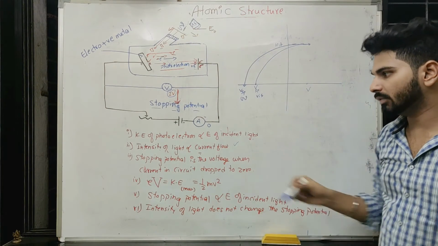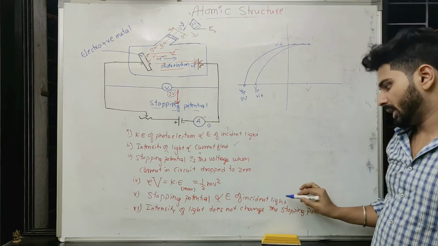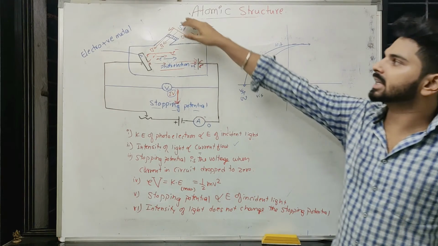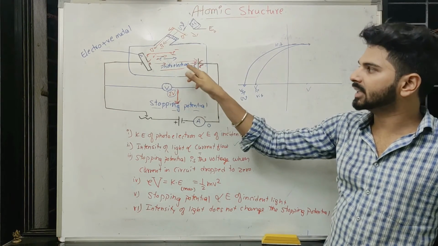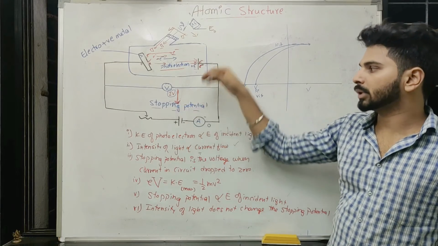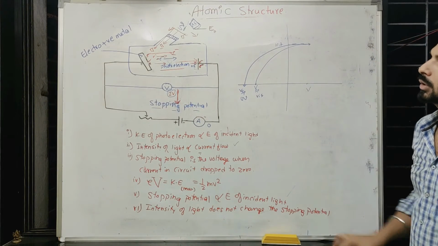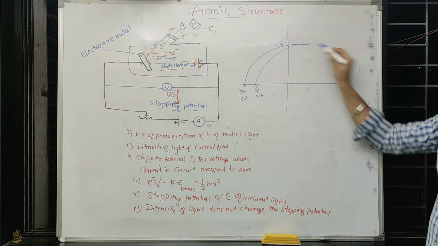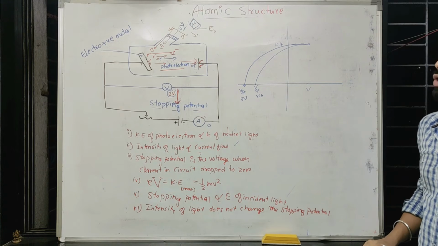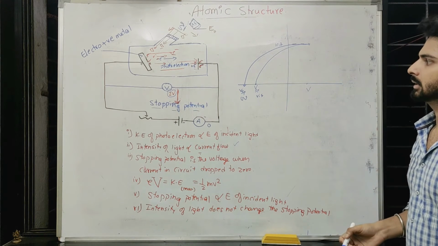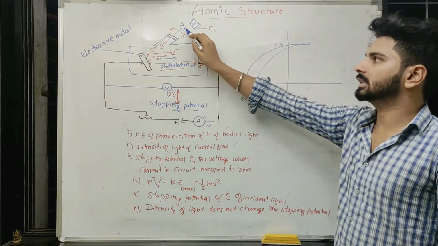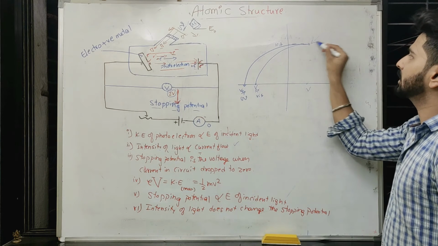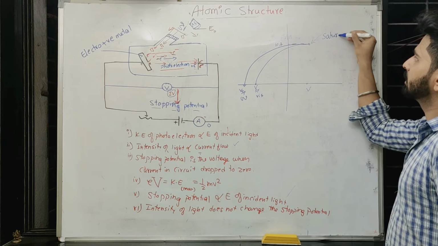So from this only we understood that stopping potential is directly proportional to energy of incident light. So when we increase the energy of incident light, kinetic energy will increase, and that will make sure that stopping potential must be lower now further to make current zero in the system. So without changing the intensity, if I change the energy of incident light, then I need to change the stopping potential, and this particular current is called as saturated current.